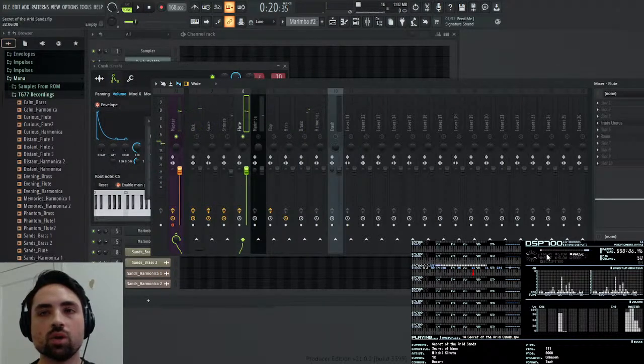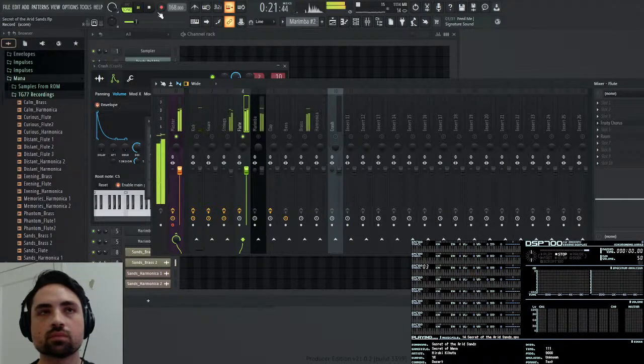I don't think there's any vibrato on this thing. No. I do want to boost the highs a little bit.